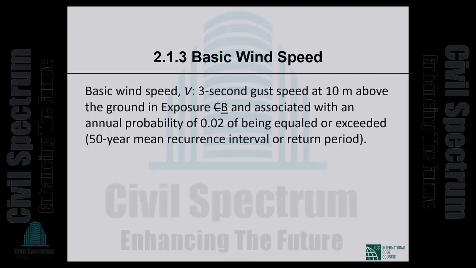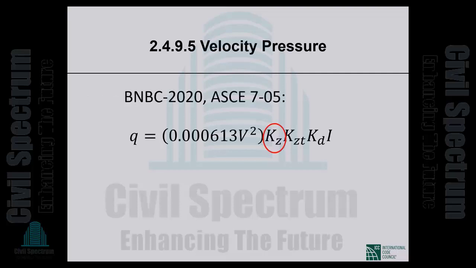But that's not the point. The point is that it makes it very difficult for you to go to ASCE 7 for reference. You have to constantly remind yourself that when you see exposure B in ASCE 7, it means exposure A of BNBC 2020. When you see exposure D in ASCE 7, it is actually exposure C in BNBC 2020. You always have to mentally do this translation, which is an unnecessary complication. So I kind of wish it were not done, but it has been done. Okay, so